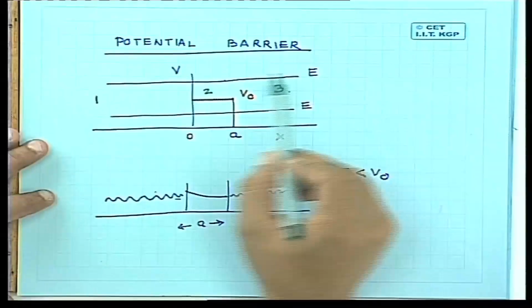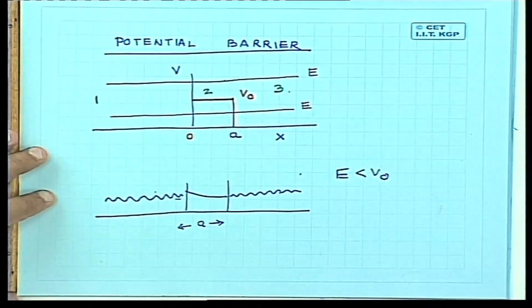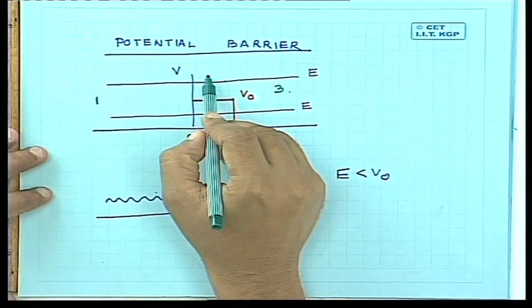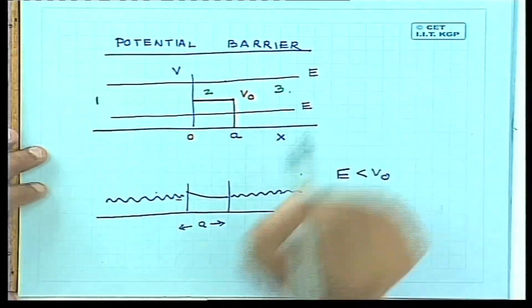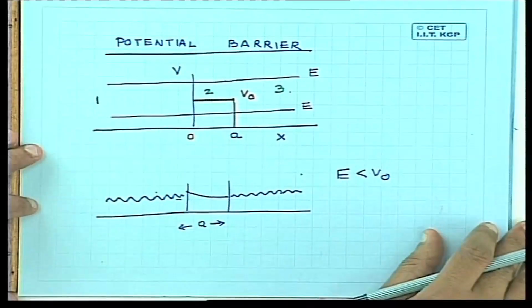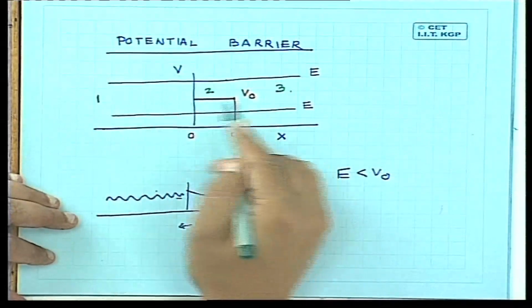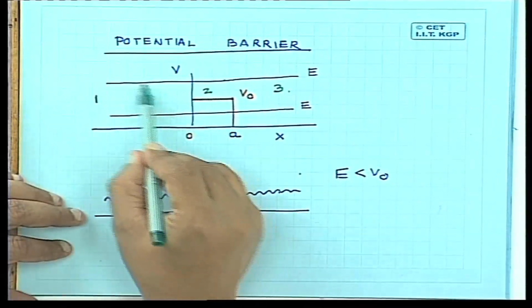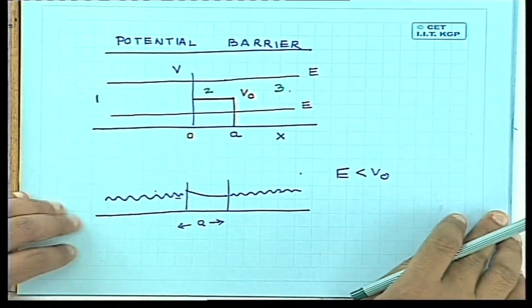Okay, and we shall now deal with the situation where the energy is more than V naught. Afterwards we can set k2, which is the wave number in this region, to minus i rho, and get the results for the energy less than V naught. So we shall repeat the same kind of exercise which we did for a potential well. We have to match the boundary conditions over here and over here, and find the relation between the coefficients of the wave here, here and here, and use these to calculate the reflection and transmission coefficients.